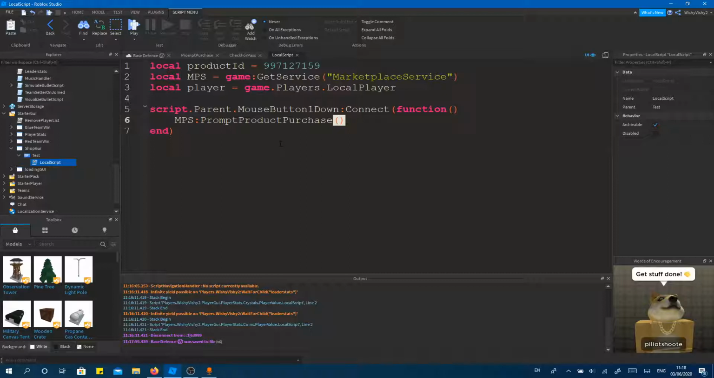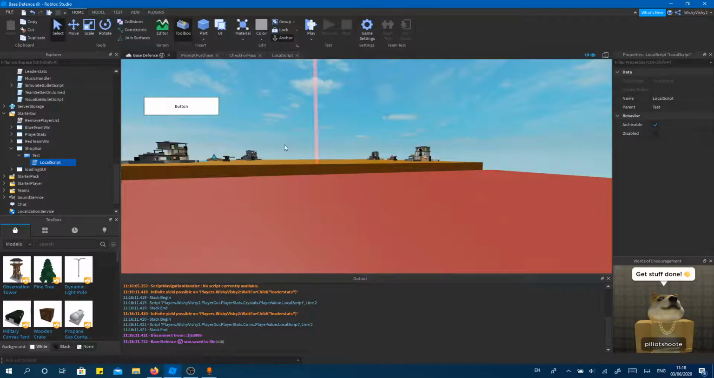Okay, MPS prompt product purchase, player, product ID. It's just that there's this strong smell which I'm not used to around me. Anyway,